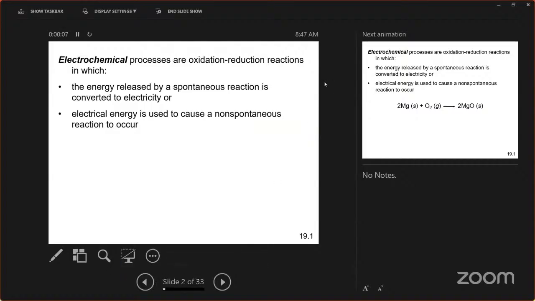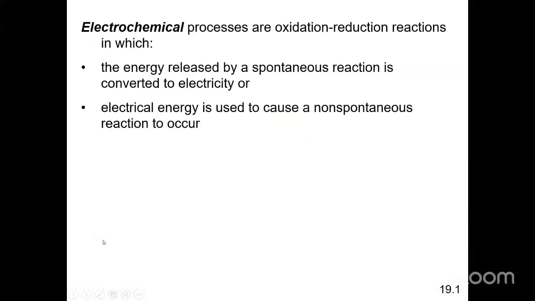Okay, how do I get this? Display settings. Okay, so